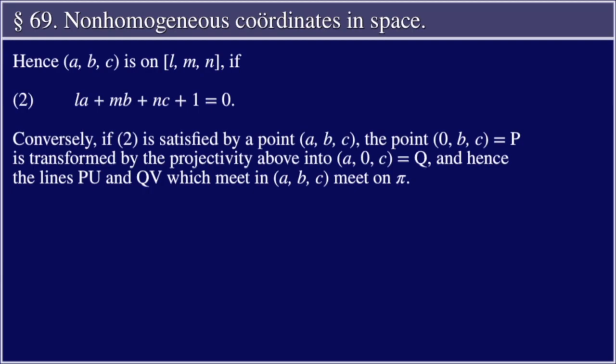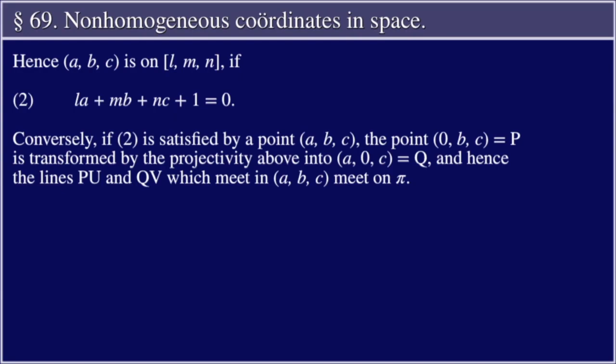Hence, ABC is on LMN if equation 2, LA plus MB plus NC plus 1 is equal to 0. Conversely, if equation 2 is satisfied by a point ABC, the point 0BC equal to P is transformed by the projectivity above into A0C equal to Q, and hence the lines PU and QV, which meet in ABC, meet